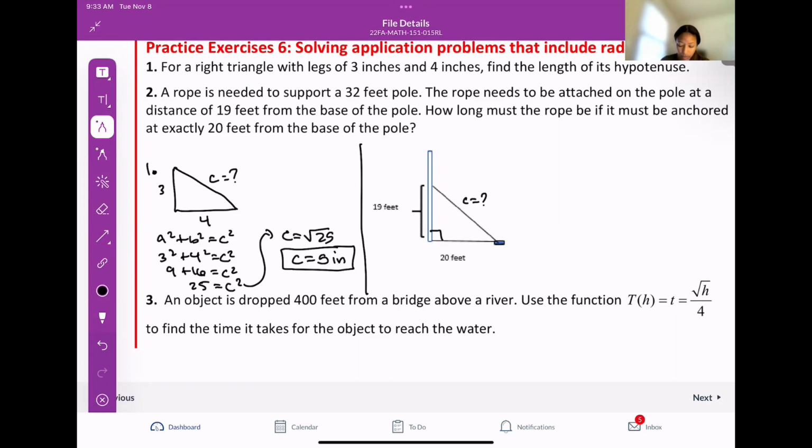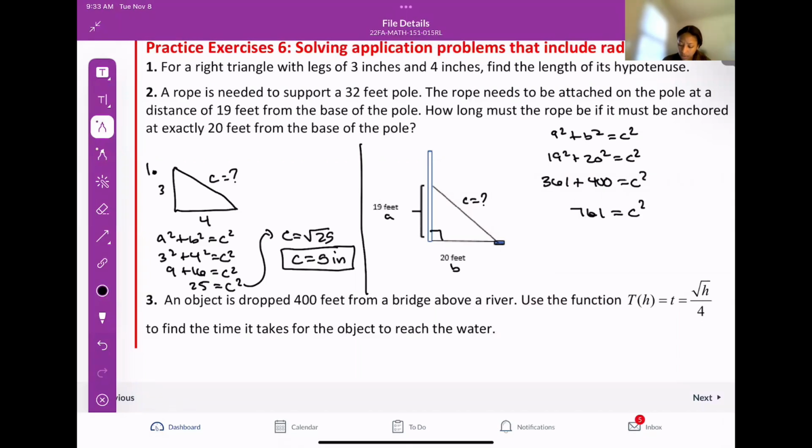So it doesn't matter which of the sides you call A or B. So I'll say 19 is A and 20 is B. We use a squared plus b squared equals c squared. That will be 19 squared plus 20 squared equals c squared. 19 squared is 361. 20 squared is 400. So we'll have